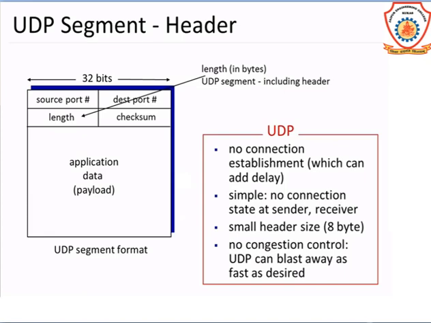In the UDP protocol, there is no connection establishment compared to TCP. In UDP, if we used a connection request and reply, meaning connection establishment, then delay would be added. So UDP is simple communication. UDP does not keep any state about the sender and receiver, like congestion control parameters, acknowledgement parameters and sequence parameters. So UDP is said to be connectionless. It has a small header size, meaning less overhead, only 8 bytes.